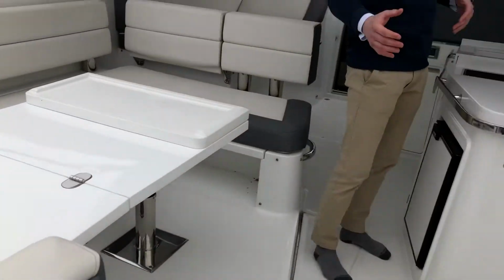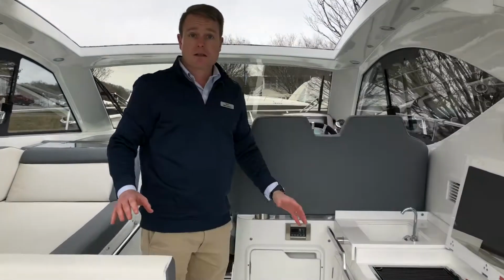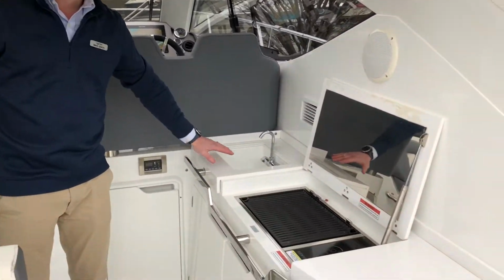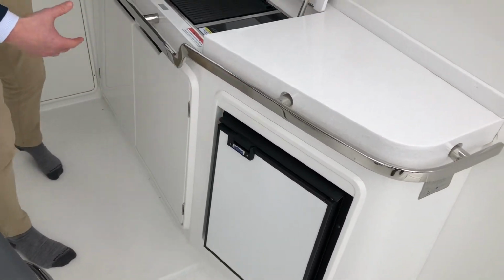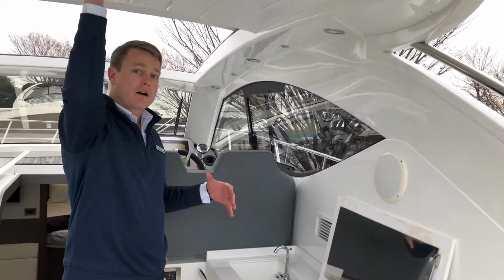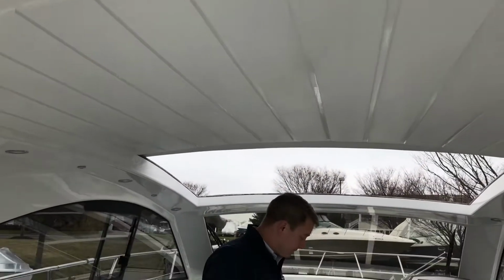Speaking of entertaining, as we move in through the cockpit, great entertainment space. You get a cockpit grill, sink with cold and warm water, as well as a refrigerator. Again, tucks away nicely underneath the hardtop, so depending on the weather, it kind of gets you out of the way. As you move forward to the helm,